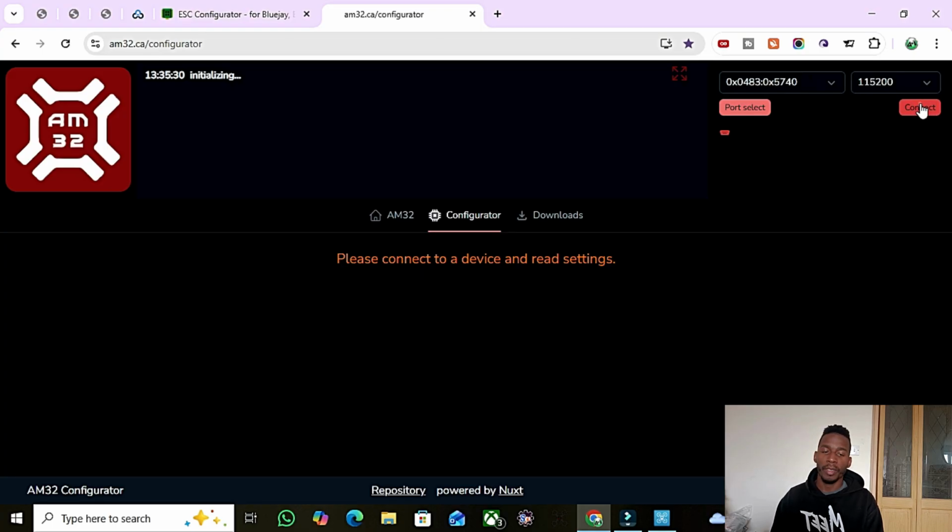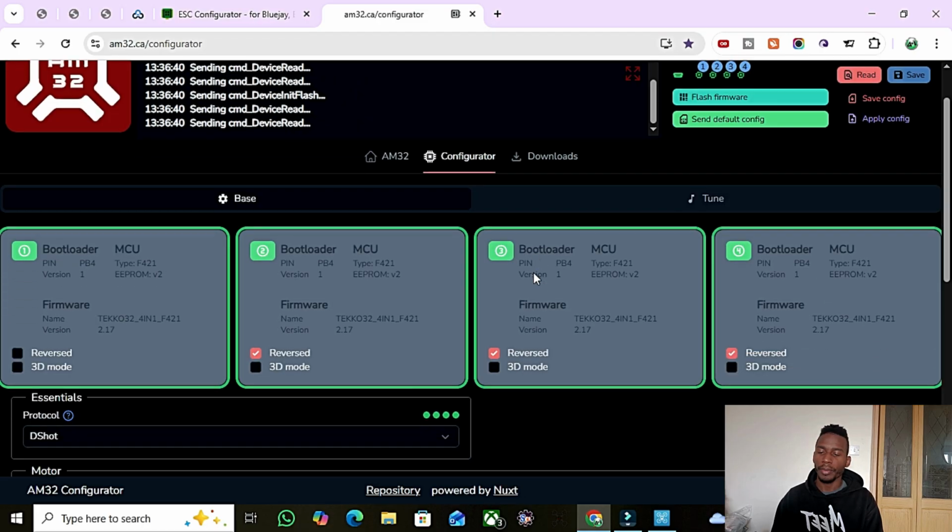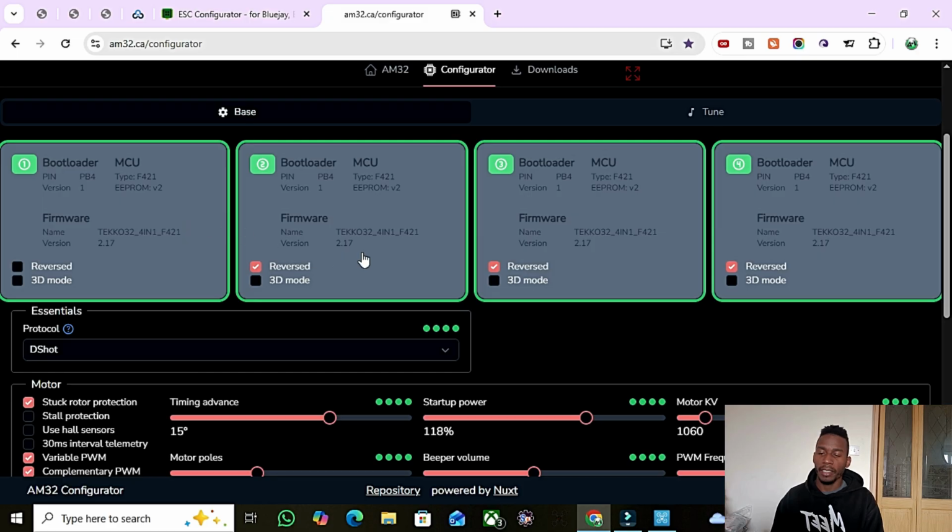So right here, I'll click on connect, and you can see I have 4 ESCs here. The reason I have 4 ESCs is because I have 4 motors. This is a quadcopter, and these 4 ESCs are generally all connected together using a 4-in-1 ESC module. So I'll click on read right here,